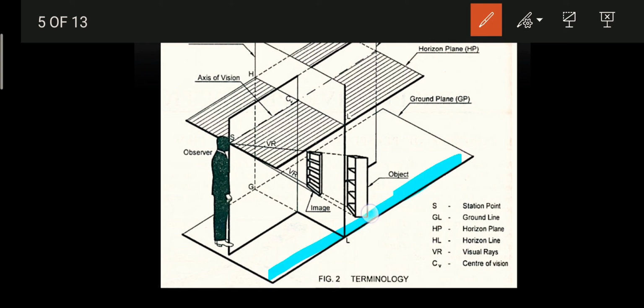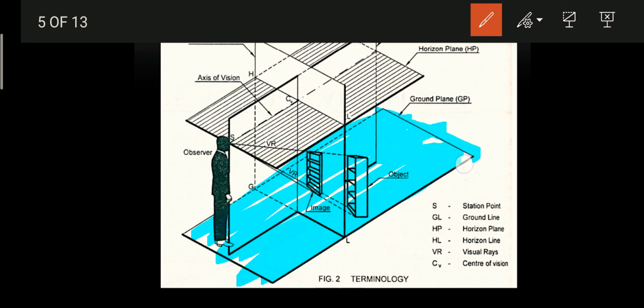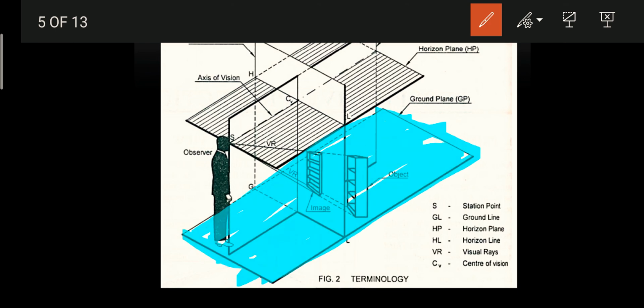This is a ground plane where the person is standing, or you can say the ground. This is called ground plane. And a line, this is the ground line, where